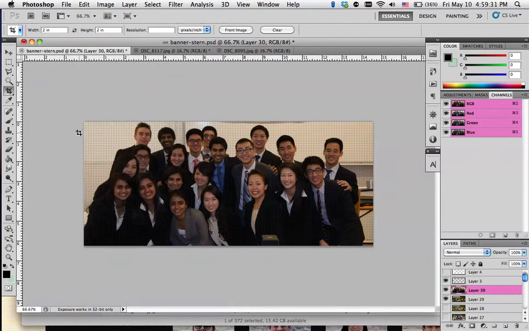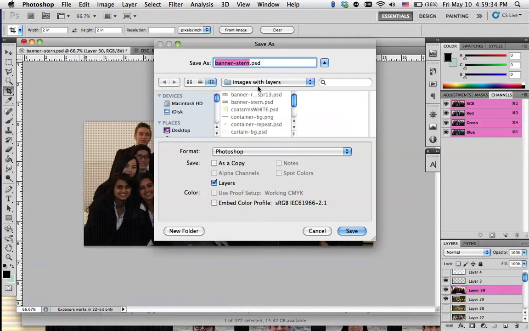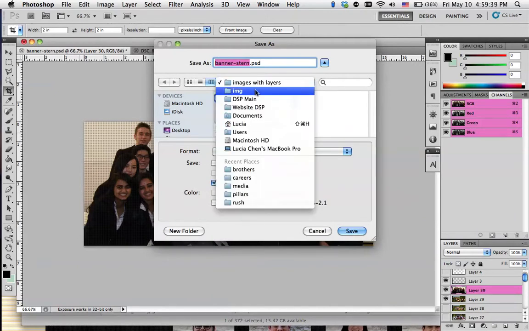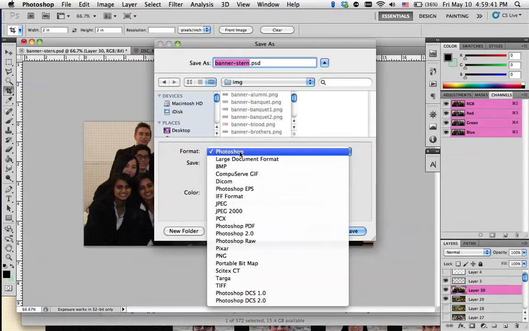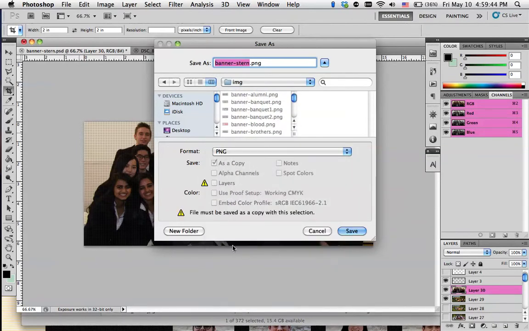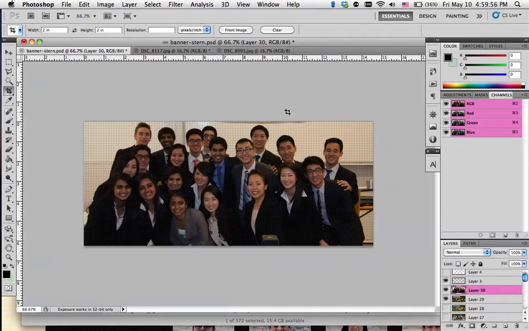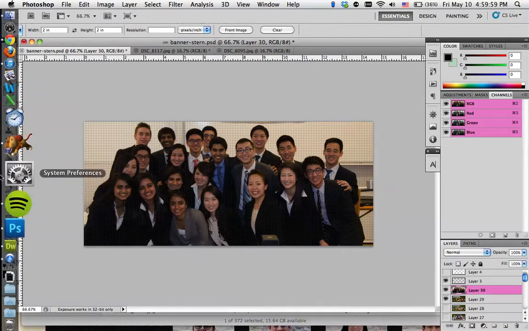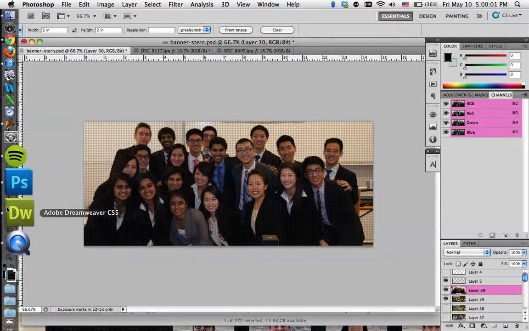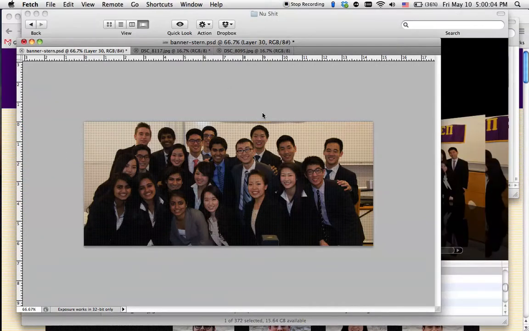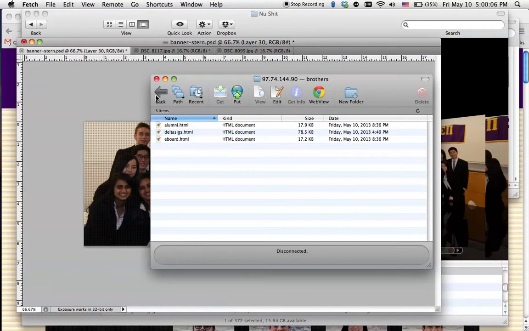So I'm going to save as, and I don't want to save it within images with layers, I just want to save it within images. I save them in PNG format, and I will save it as banner-new. So I'll save that. Okay. Alright. So now that we have that, I'm going to upload it onto the server. And then